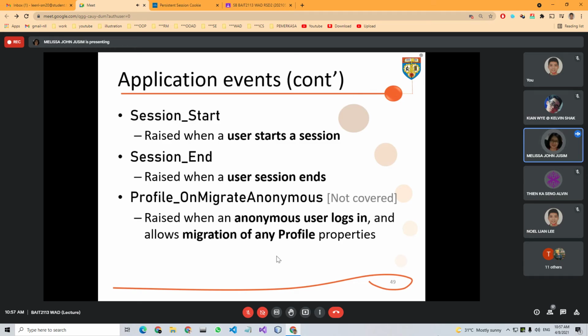And we also have session start and session end. Session start is when the user starts the session, session end when the user session ends. And the last event is not covered in our syllabus. It's on migrate anonymous, allowing an anonymous user to log in and allow migration of profile. This is not mentioned in our previous slides as well.